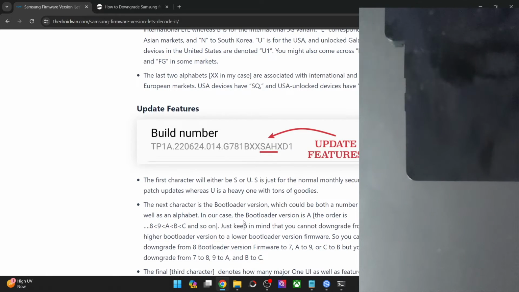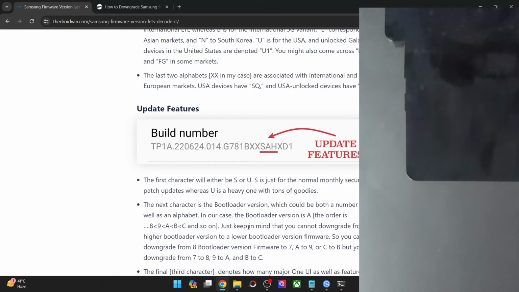In case it's a number over here, for instance you have 1 2 3 4 5 6 as such numbers, then you cannot do a downgrade from bootloader version 7 to bootloader version 6, or from 6 to 5, or from 5 to 4. But what about in case you have alphabets? Well, in case of alphabets such as A, B, C, D, E, A is the smallest value, then B is larger than A, and C is larger than B and A, then D is larger than C, B and A, and so on. So A is the smallest. Moreover, A will be larger than 9 as well. So first off, we have a number from 0 to 9, and after that we have the ABC.